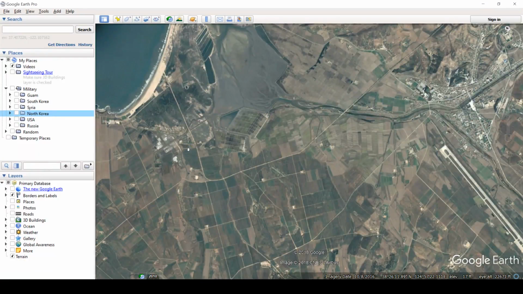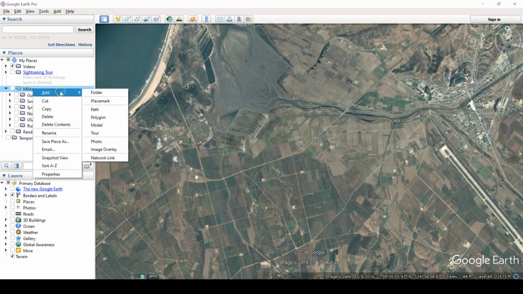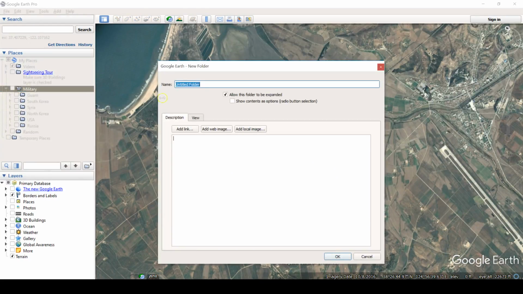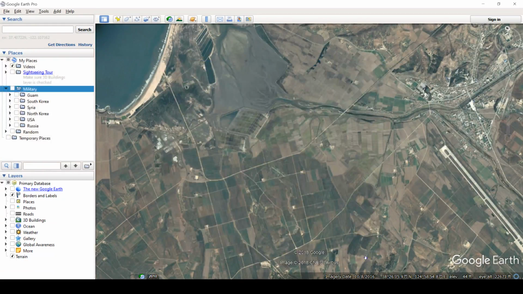Okay, first and most important, you want to make sure you have folders for everything to keep everything organized. So if you go over on the left here, you right click, go to add folder, and then label it. So if you're starting with the country, type in the name of the country. The next thing, once you have a country there, then inside that folder you want to have different folders for